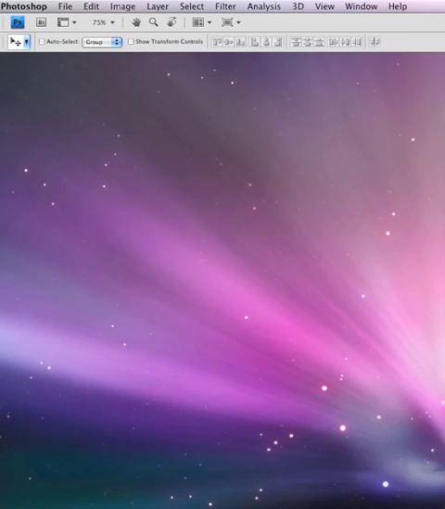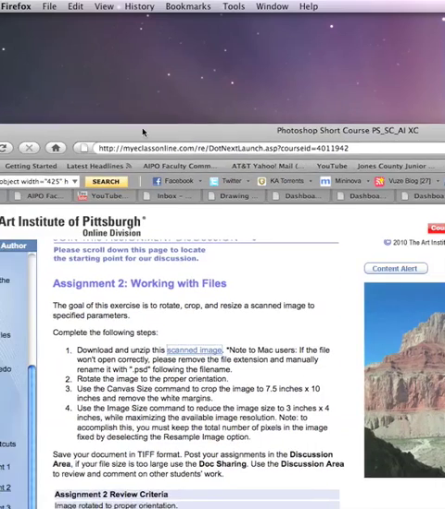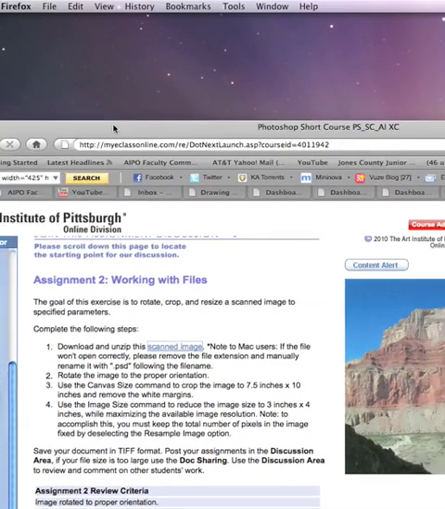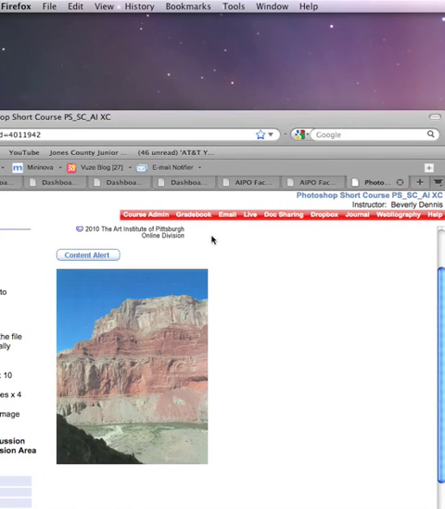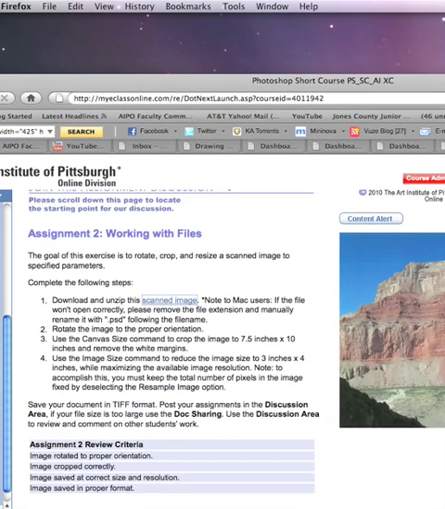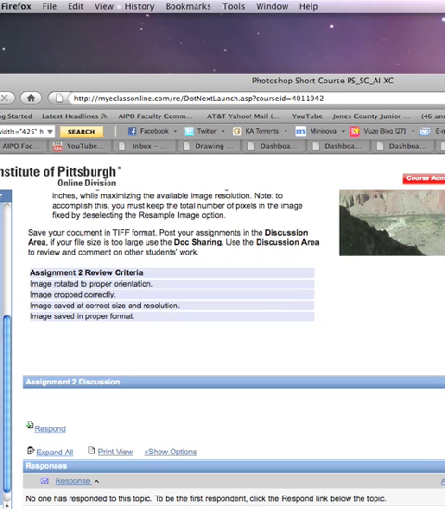Let me pull my screen back over here, all right? Up at the top of this, we have, of course, where your assignment is. You can see a portion of it. If I scroll down, then what I would do would be hit a response, or if there was someone who had a response, and there will be in a minute, you hit this, and then you go ahead and post your